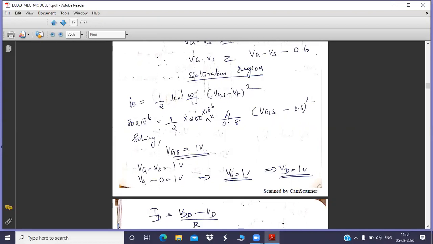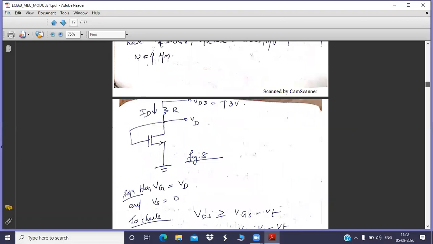Now I'm going to find the value of R. Okay, we are going to find the value of R. So how are we going to find the value of R? By observing the circuit, you know that R is connected in between the supply terminal and the drain terminal. Okay, so what is the potential difference across this resistance? The one end you are having VDD, the other end you are having VD. So the potential difference is VDD minus VD, divided by current. Isn't it? According to Ohm's law, resistance is nothing but potential difference divided by current.